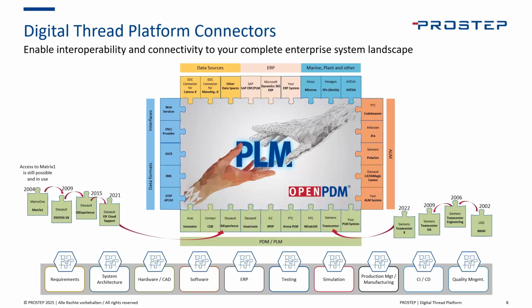But that's also the case for Matrix 1 and ENOVIA v6, 3DX, and now with public cloud and EIF cloud support for 3D Experience. And there's other lineage for other products as well, like the Windchill and SAP and other types of connectors. So we have a wide variety of support for PLM integration, you see on the bottom. ALM support, like for Codebeamer, Jira, Polarion, Teamwork Cloud, and other Cameo integrations, as well as other ALM systems integrations. ERP, data sources, other marine,